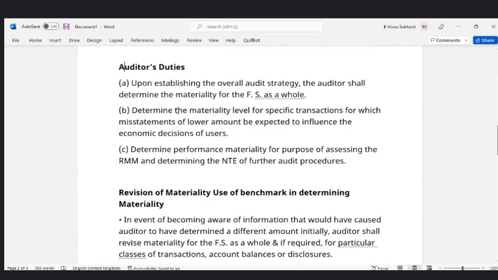Auditor's duties. What are the auditor's duties with respect to this standard? The auditor shall determine the materiality for the financial statement as a whole. Yes, that is what SA 300 was talking about, isn't it? In SA 300 we discussed this. The overall materiality needs to be established for the financial statements at the time of planning, at the time of strategy itself. After that,